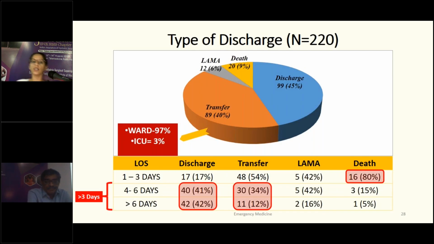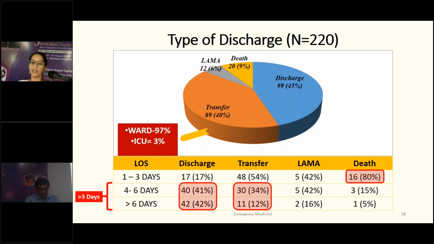We now discuss the type of discharge for the patients admitted to the ED. 99 patients, that is 45% of the patients, were discharged from the ED. 89 patients, that is 40% of the patients, were transferred from the ED. Of the transferred, 97% were transferred to the ward, and only 3% were transferred to the ICU. 12 patients, that is 6% of the patients, went LAMA, and 20 patients, that is 9% of the total patients, expired